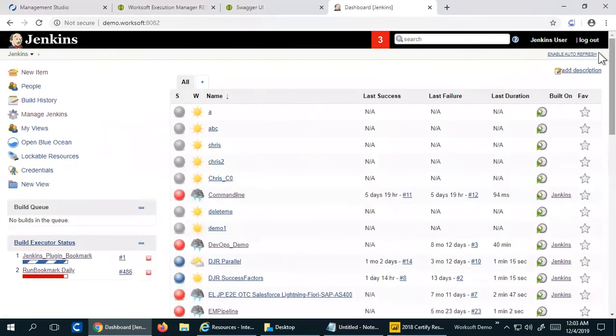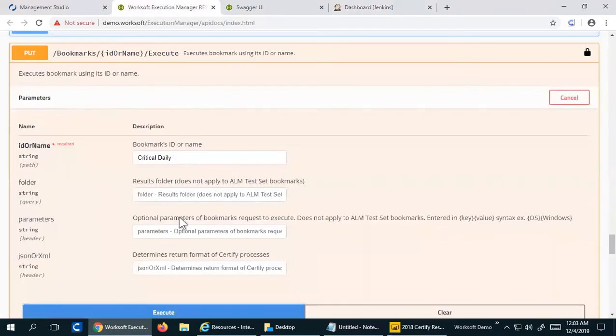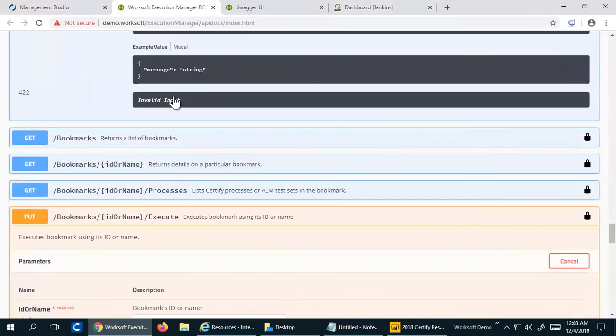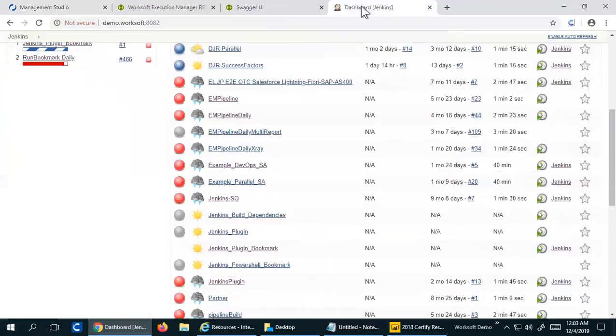So now what we're going to see is building a job with custom API calls using PowerShell code, right? So you could use JavaScript code. You could use any scripting language that you're familiar with to trigger these APIs that are available as part of the Swagger spec, as part of the execution manager layer. So now what I'm going to show you in Jenkins, the third way, right? So the first one is Jenkins plugins, and the second one was Swagger spec. And the third one is building your jobs in a custom way using PowerShell